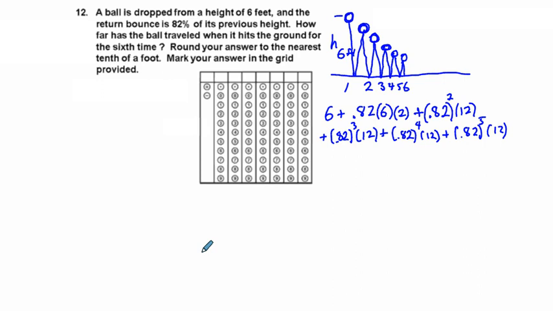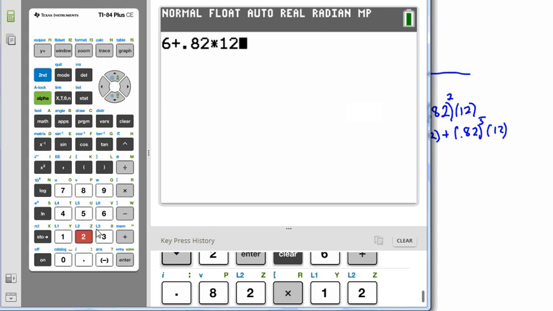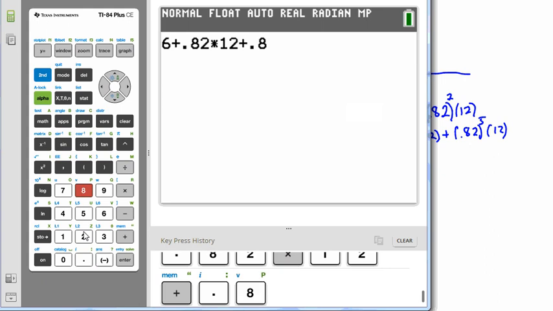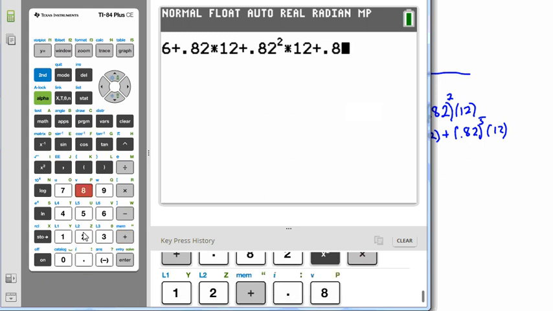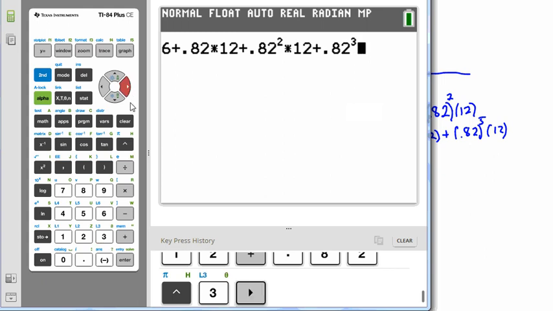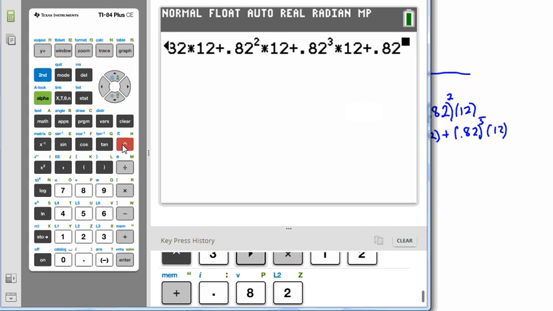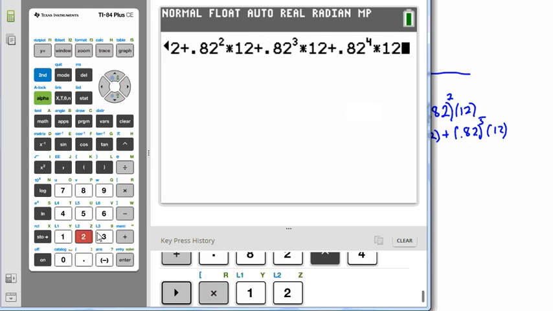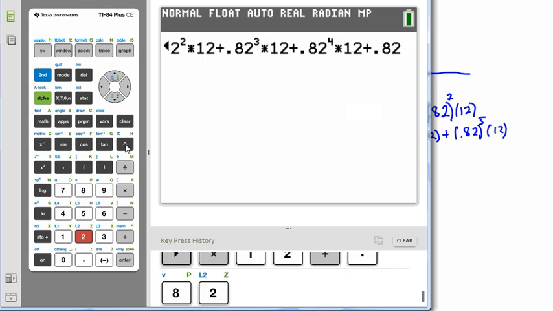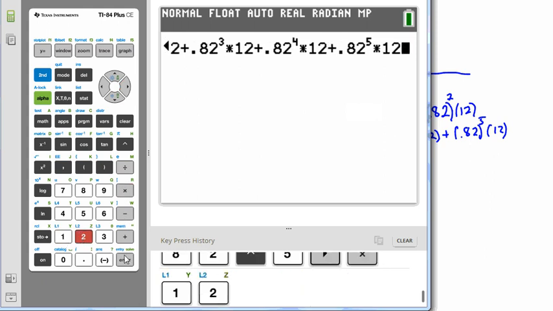So let's get it here. So you have 6 plus 0.82 times 12 plus 0.82 squared times 12 plus 0.82 to the third power times 12 plus 0.82 to the fourth power times 12 plus 0.82 to the fifth power times 12, and that should be it. So we get